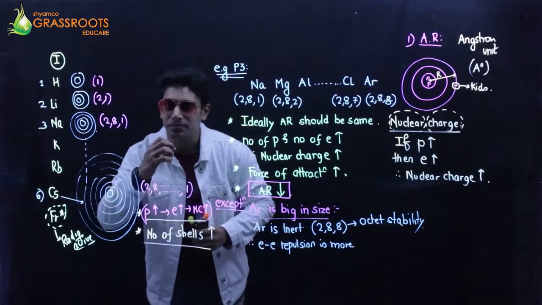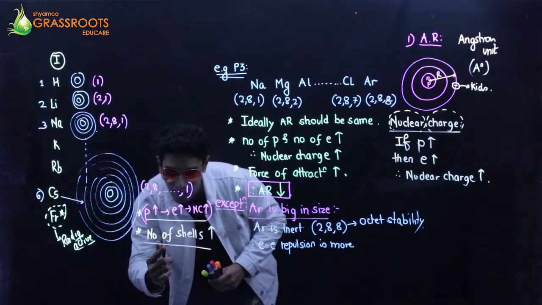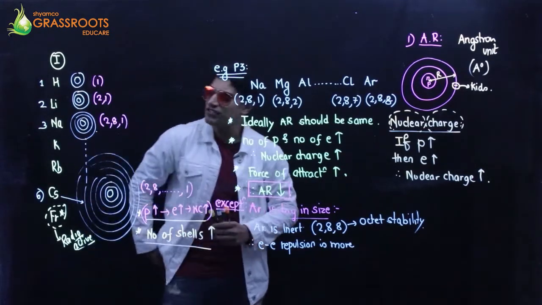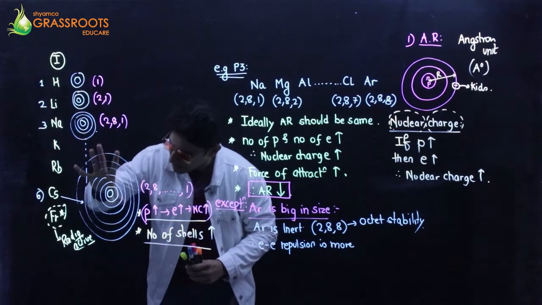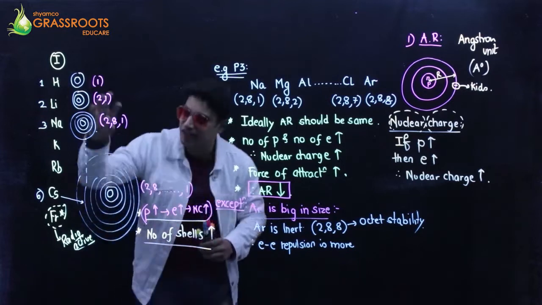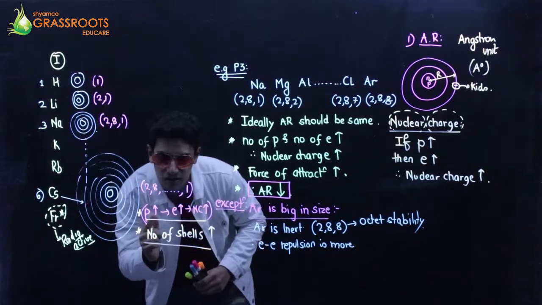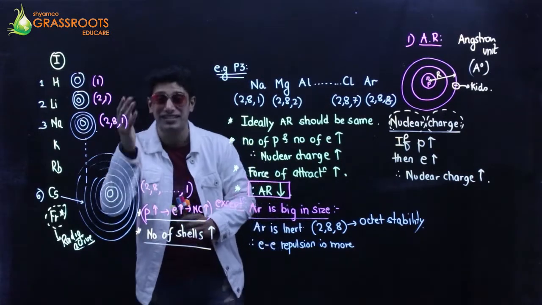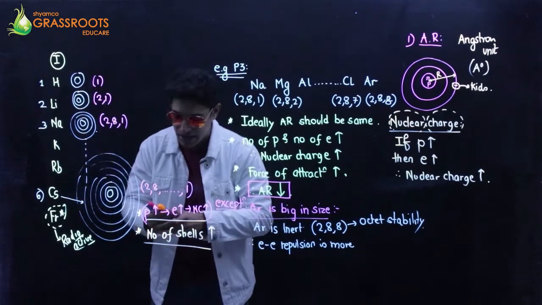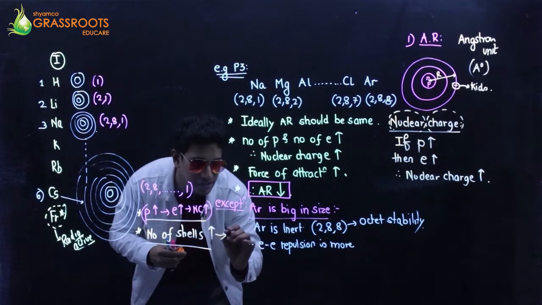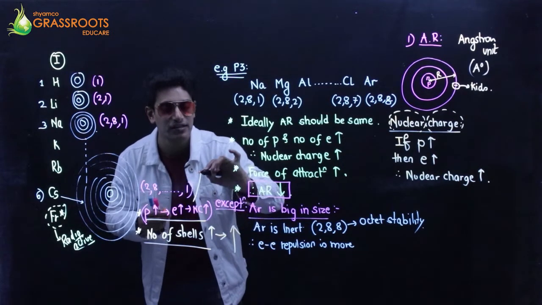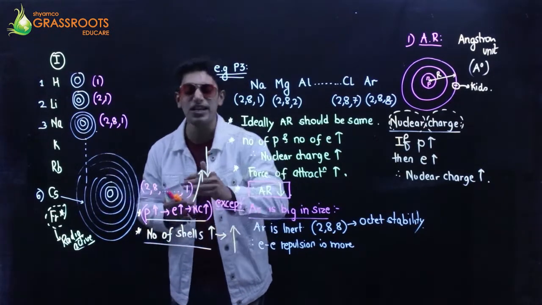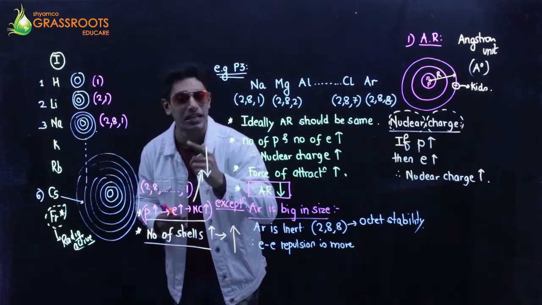One factor is trying to decrease the size. The other factor is trying to increase the size. Listen, the number of shells is increasing, and because of this, the radius increases. But the number of protons, electrons and charge is also increasing, so the force of attraction is increasing, thus the radius is decreasing. That means this factor tries to increase the atomic radius, and this factor tries to decrease it. So look at my gesture. Let's see who wins the competition. It is a contradictory effect.